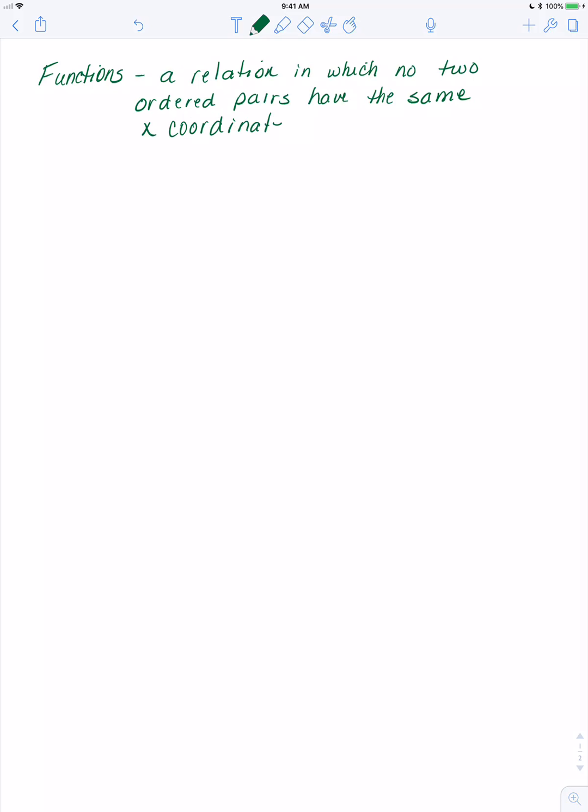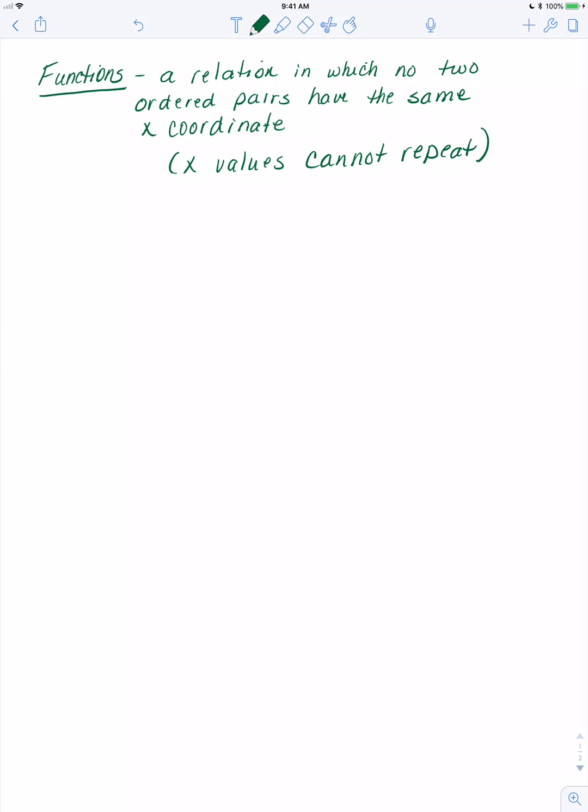So in simple terms, basically that means your x values cannot repeat. So remember, your y values can repeat, but your x values cannot repeat in order for that relation to be